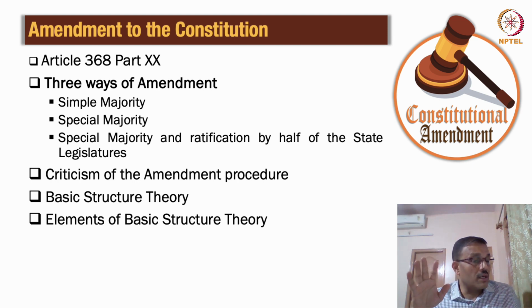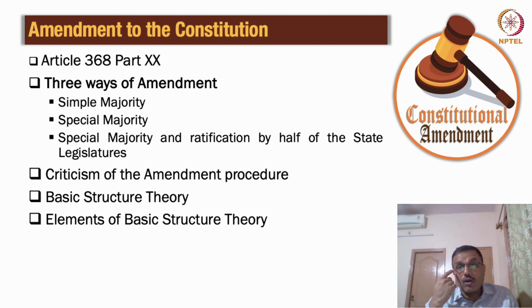Now, special majority usually requires a voting, and please note it requires voting after the third reading of the bill in the parliament, provided through the various procedures and rules of the house. And where does this two-thirds majority apply? Please note, friends, it applies to fundamental rights. It could apply to the directive principles of state policy. And it applies to all other provisions which are not covered by the first and the third category. So usually a two-thirds majority is insisted upon to amend the constitution.